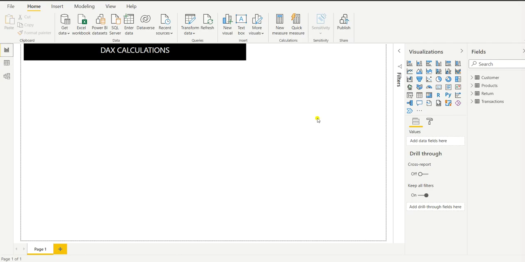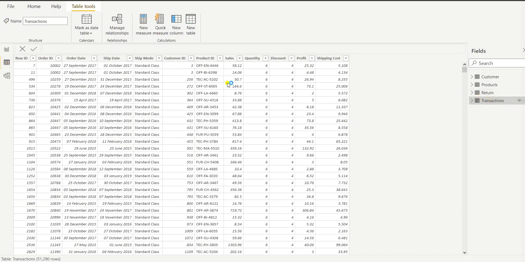As you can see, under the fields I have four tables, from the Excel file which I will attach with this video. Let us go to the data and select the transaction. Okay, so here we can see sales. Now we want to know the incentive. We want to give an incentive of, say, 1% of sale. So how can we use a calculated column?